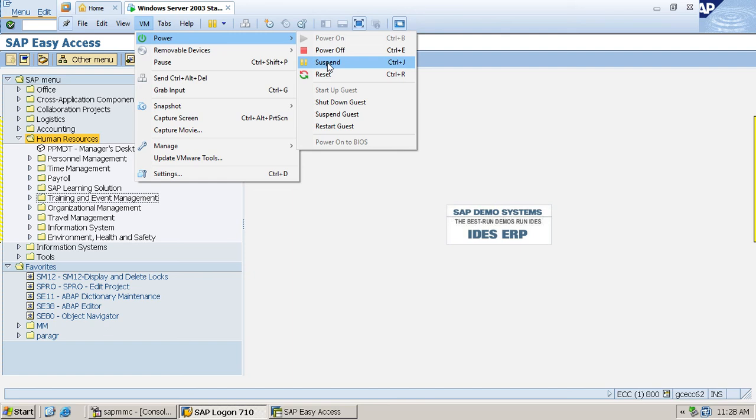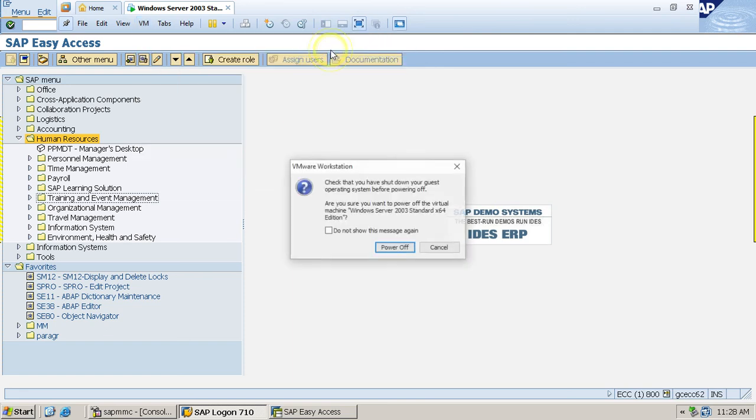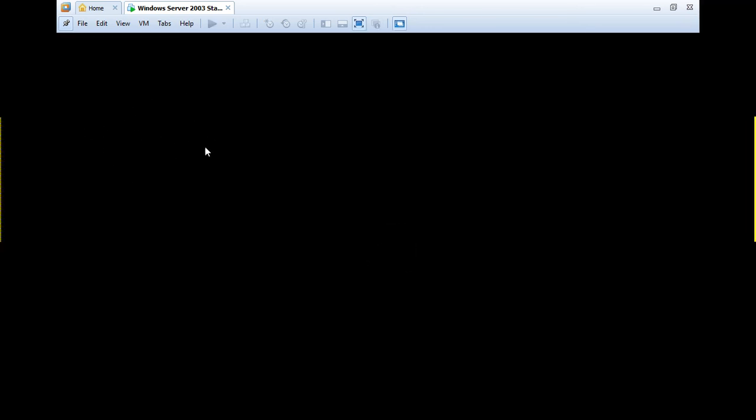If you use suspend, then next time you open and use the SAP console, the login process is fast, because it starts directly from where we stopped. If you use power off, then your SAP environment is completely shut down.